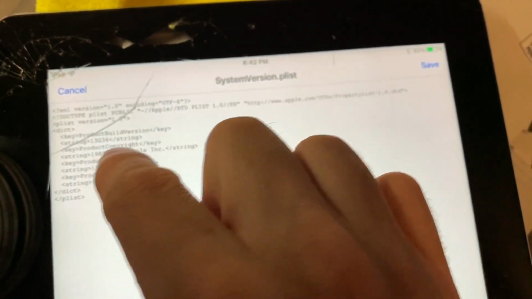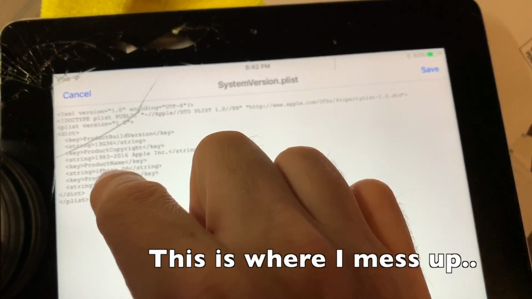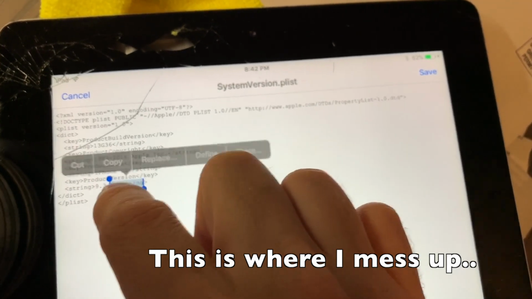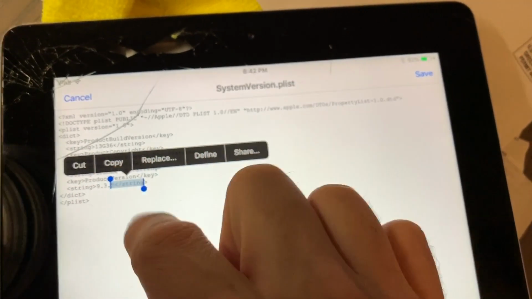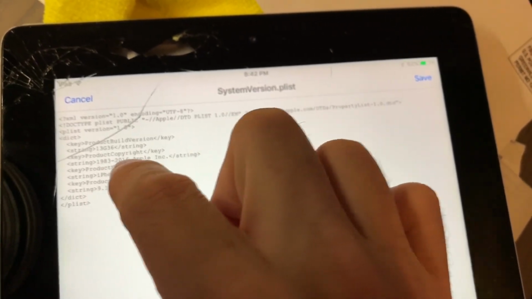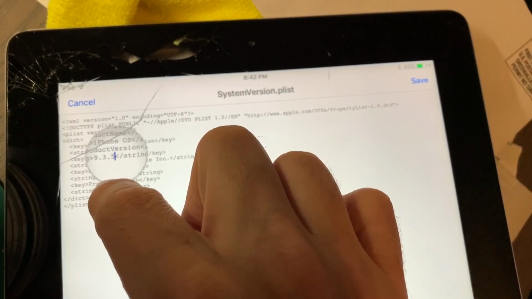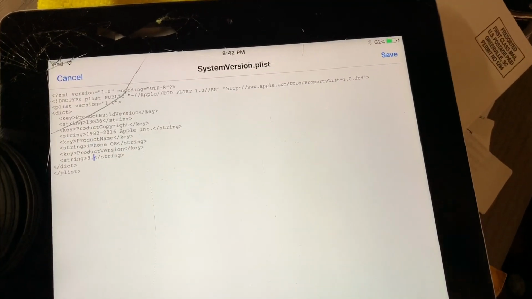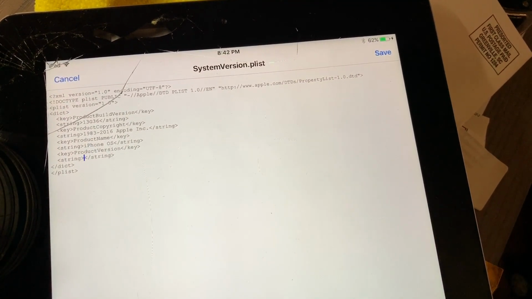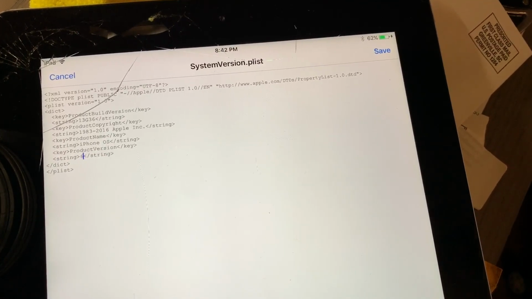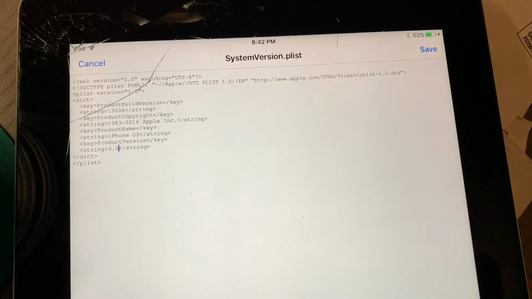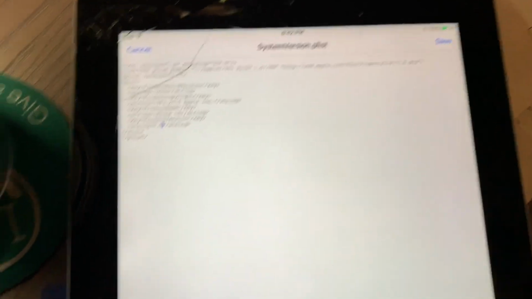I'm gonna edit this and go here. Nope. Come on now. Let me actually select. There we go. So we're gonna put 6.0. All right, and then I guess, let's see, and then